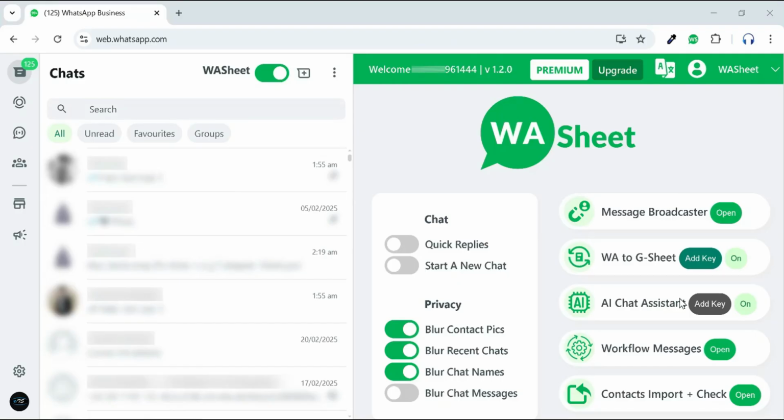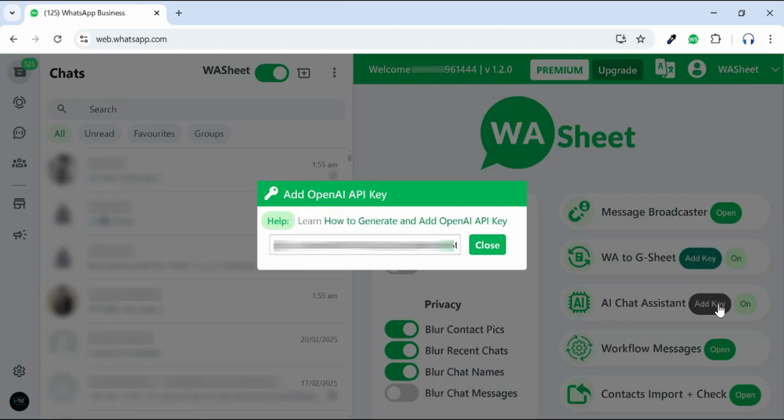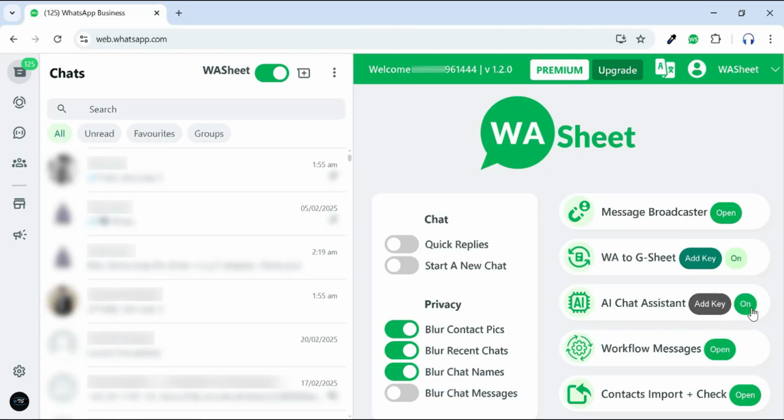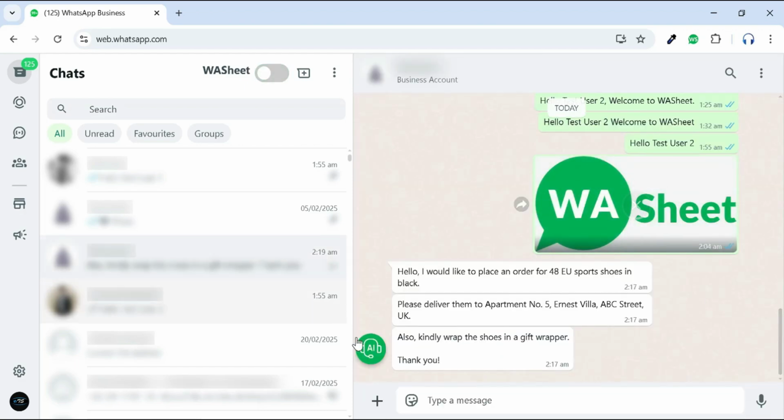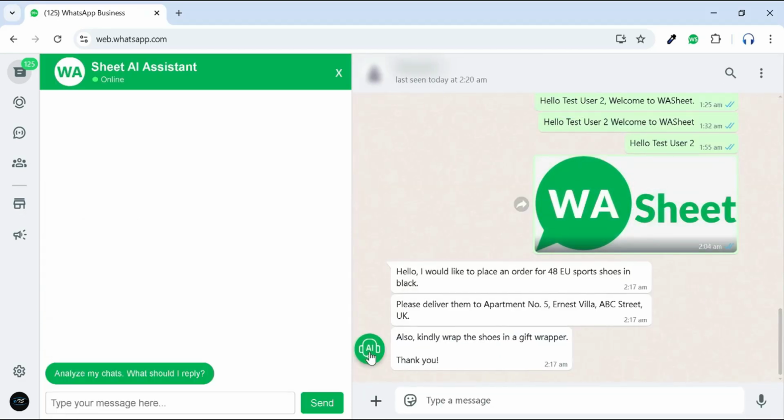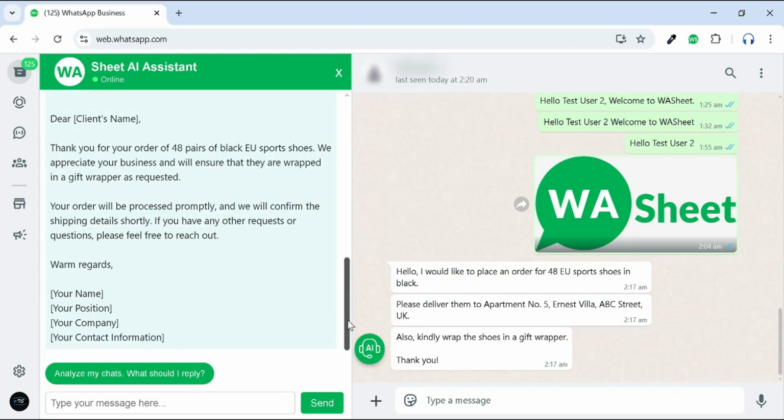To activate the AI Chat Assistant feature, you need to generate and add an OpenAI API key. Click on this link to learn how to generate and add it. Click on, then open any chat tab where you'll see the AI Chat button at the bottom left. Click to open it. Here, you can ask anything or use the Analyze My Chat feature, which will analyze your real-time WhatsApp chats. It provides suggested replies and offers insights into the tone, mood, and level of seriousness based on